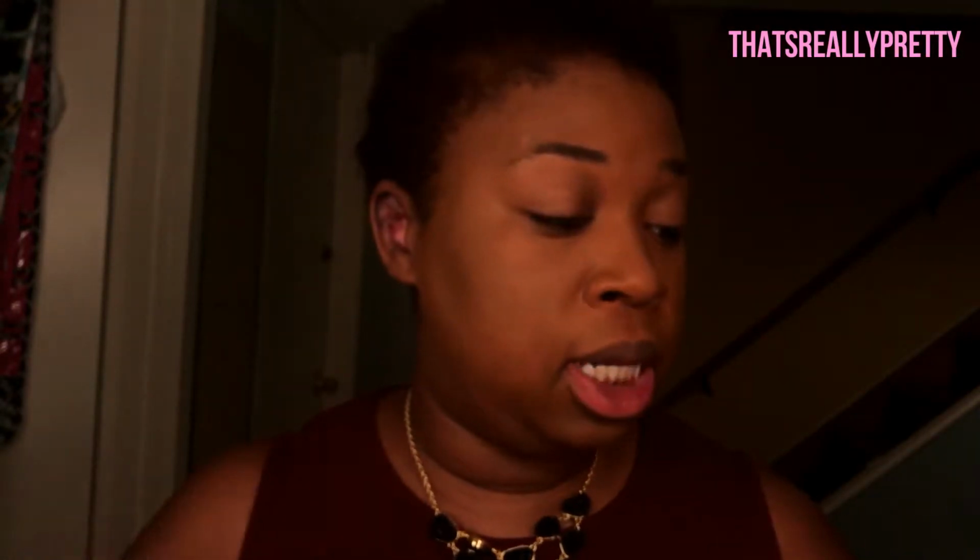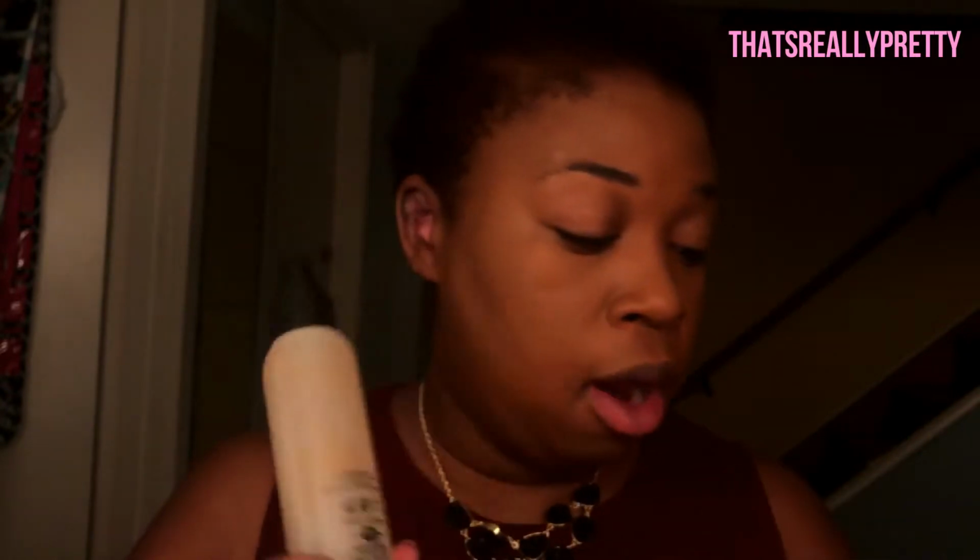My contour powder, and then I'm using the Laurier Mercier setting powder in medium deep. It's around here somewhere. I think it's a medium deep, as well as the Makeup Forever Mist and Fix. So I'm gonna speed through this, probably put on some music just so you guys can see the order that I'm doing it in, which is